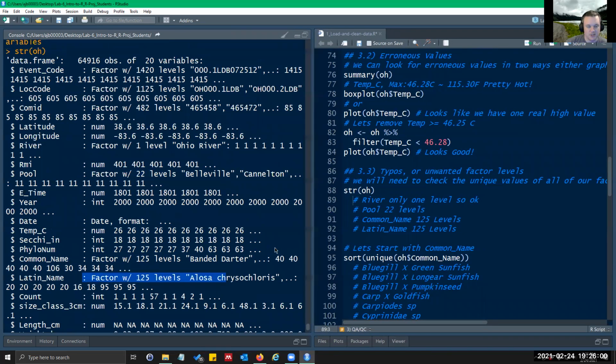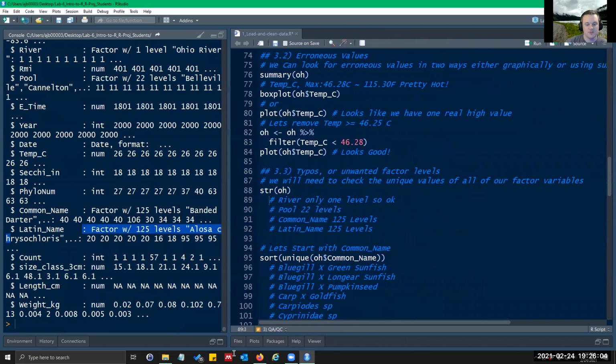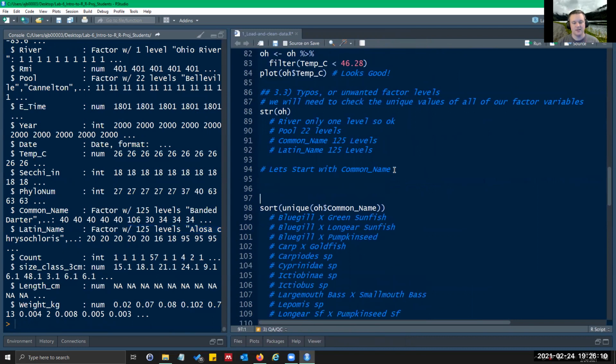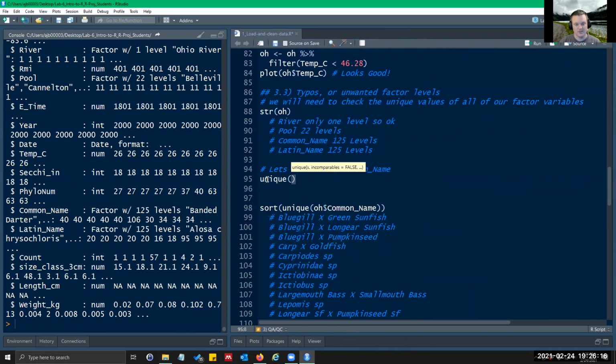But I want to just make sure that everything in there is something I want to use. So I'm going to look at those. The command I'm using here, and I've nested it, is unique. And this will pull out all unique values for, in this case, the common name.